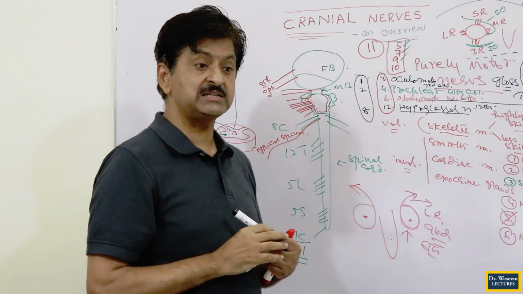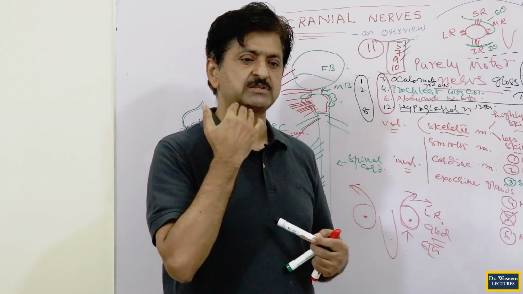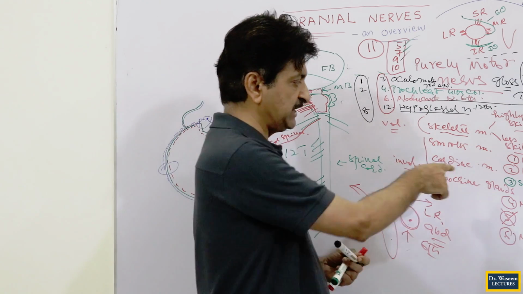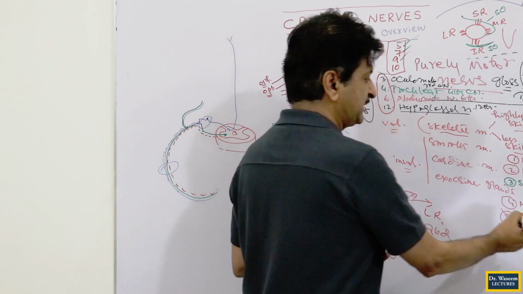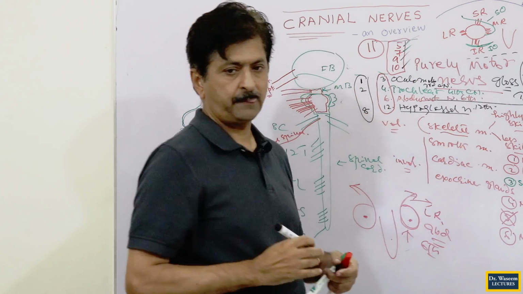What is remaining? How many arches are remaining? Fourth and sixth is remaining. And fourth is the pharyngeal muscles, sixth is the laryngeal muscles. So down only one nerve can go, and that is the 10th cranial nerve. That means to the pharyngeal as well as to the laryngeal muscles, only one cranial nerve can go, and that is the 10th nerve. So this is the 10th nerve.